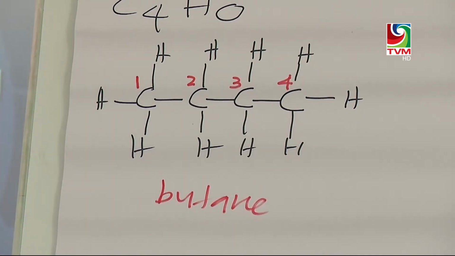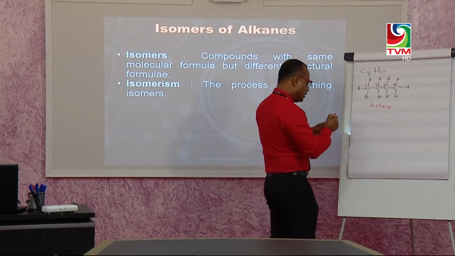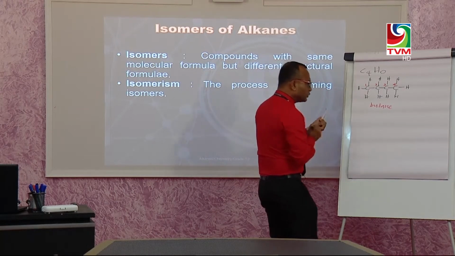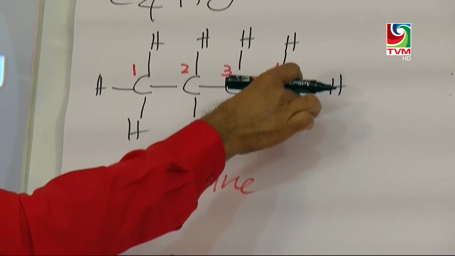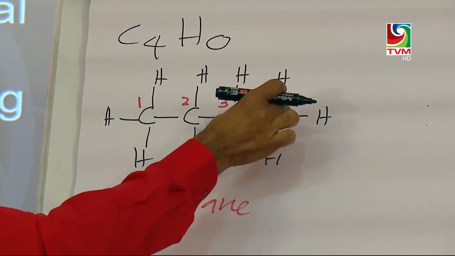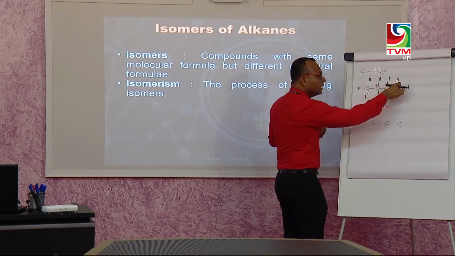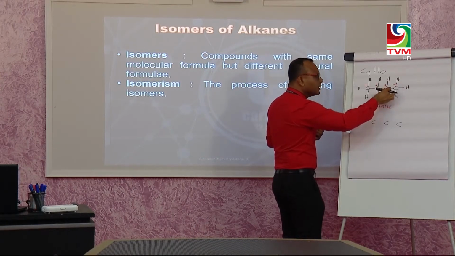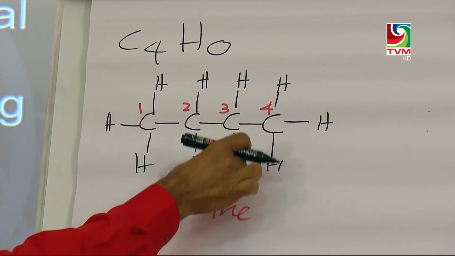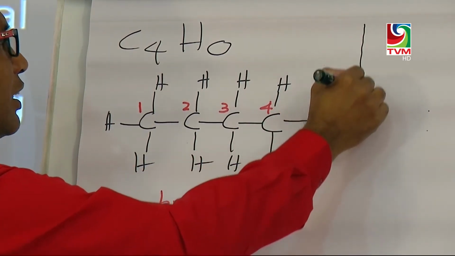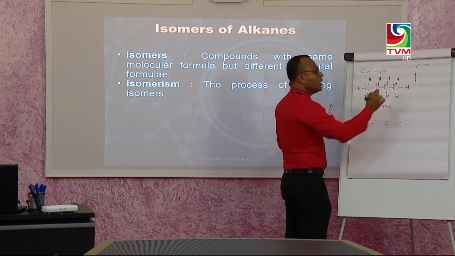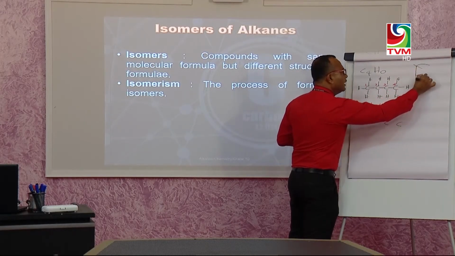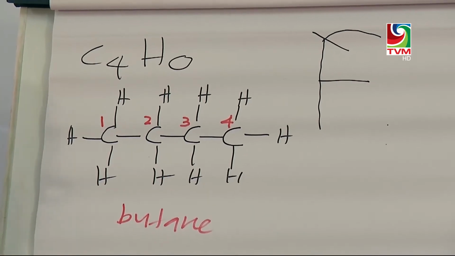Next, I am going to draw another structure, a branched structure of this one. I write 4 carbons this way, 1, 2, 3. I bring this carbon down here, but you can understand that if I bring this carbon down on this carbon, it is no use, we are getting the same. Like a tree, if you bend from here, it won't give a different structure. But if I break from here and bring it here, then I will get a different structure.